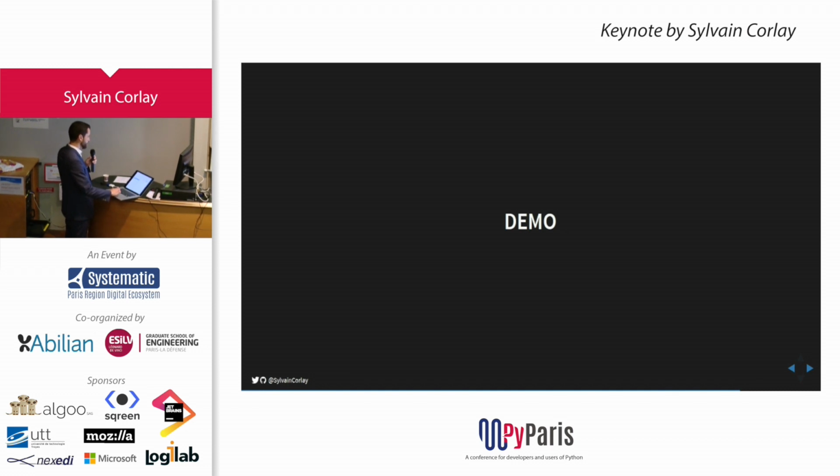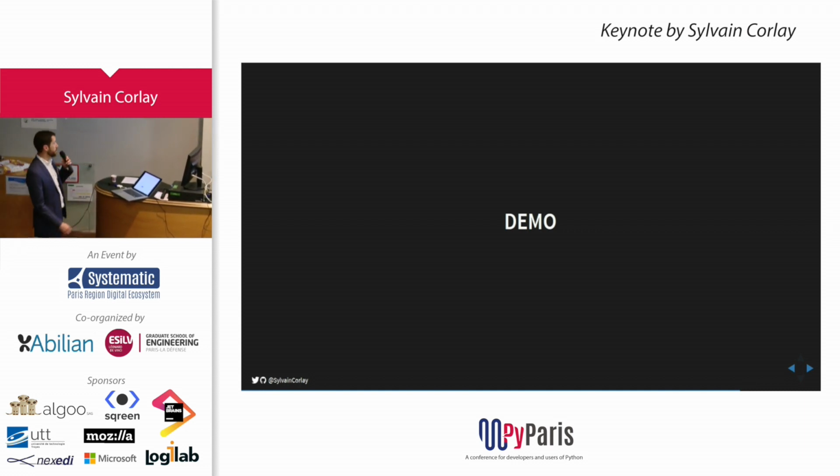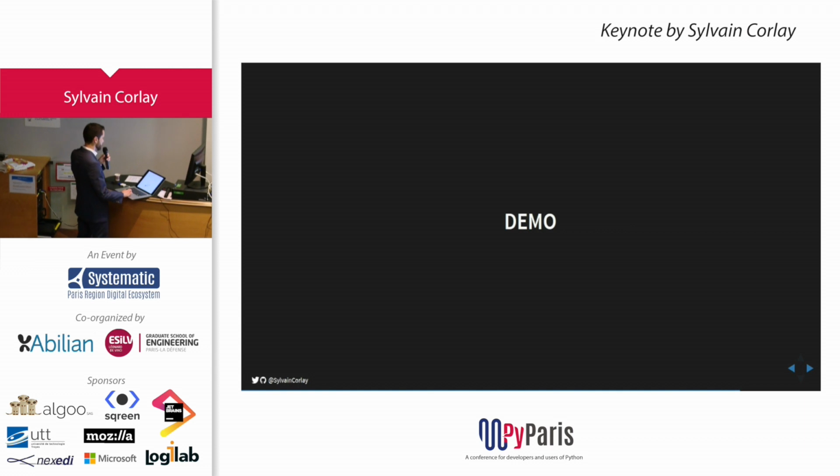Just to show off, you can actually use bqplot to build really sophisticated web applications, including animations and all. In this example, we are reproducing the very well-known Wealth of Nations data visualization that's been displayed in a number of tech talks. If I just hit play here, I'm going to see an animation of the evolution over time of the income per capita and life expectancy of a number of countries in the world. I can just pause it and hover on a country and see the name of that country. There is some bug here. Okay, that would be the United States, which was actually one of the richest countries in the world already in 1913.